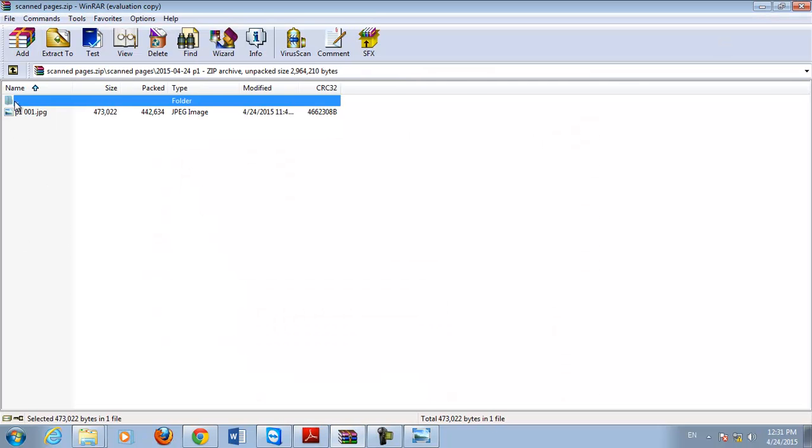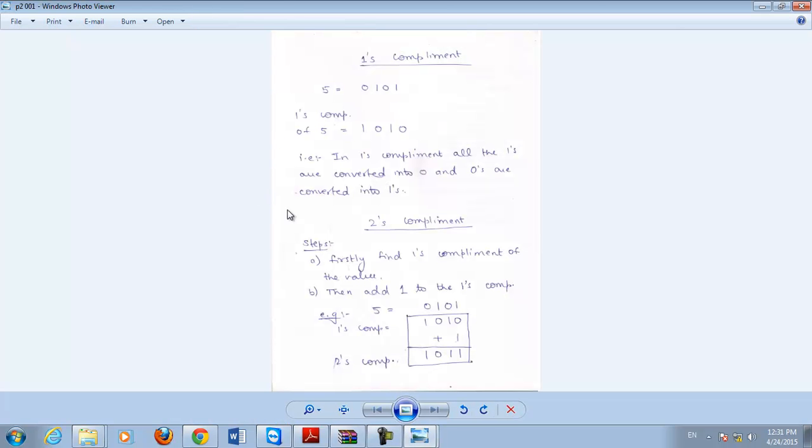Now, after the binary addition, next is ones complement and twos complement. जैसा कि मैं आपसे पहले ही डिस्कस कर चुकी हूँ, what is the use of ones complement and twos complement? Ones complement and twos complement is basically used to present negative binary numbers. Means there can be two types of numbers, positive numbers and negative numbers. If you present the negative numbers in binary form, then you have to use the ones complement and twos complement forms. Now, how can we obtain ones complement and twos complement?